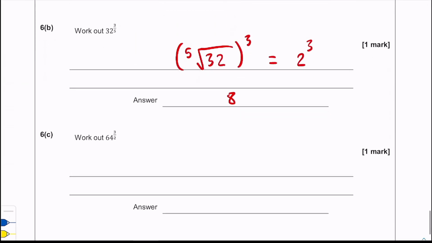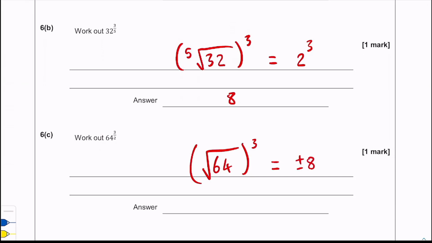And finally, we've got part C, which is work out 64, all being raised to the power of 3/2. Again, our base, 64, square root, and it's being cubed. Square root of 64 is 8, plus or minus 8 to be precise, and then the whole thing is being cubed. So we actually get two answers for this one. So we have 8 cubed, which is 512, but remember we've got plus or minus, so it's plus or minus